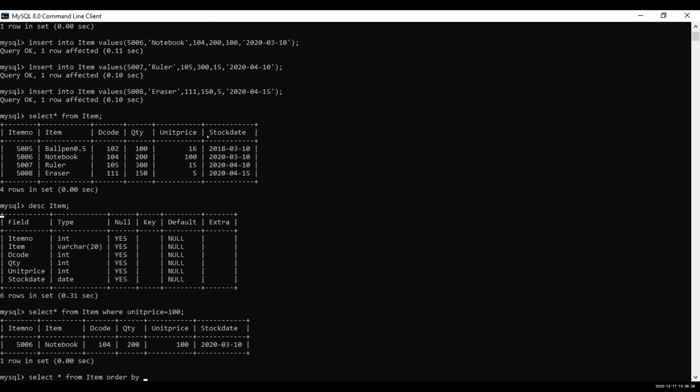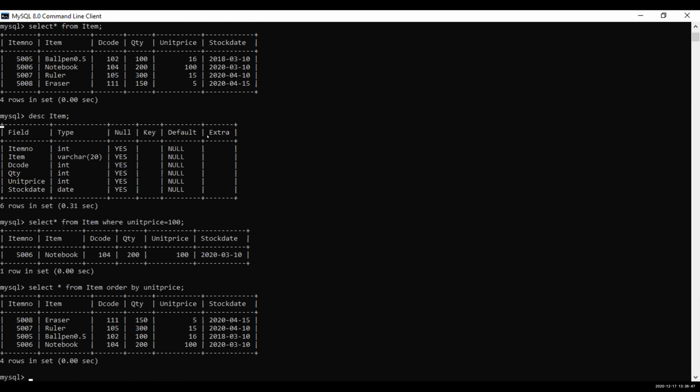Order by which column you need to order? Display everything, but ordering should be done based on the unit price column. So that column name you have to specify here. Order by unit price. See the difference? The entire rows will be changed. Okay, clear?